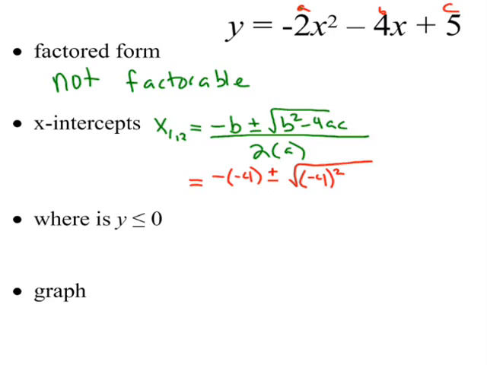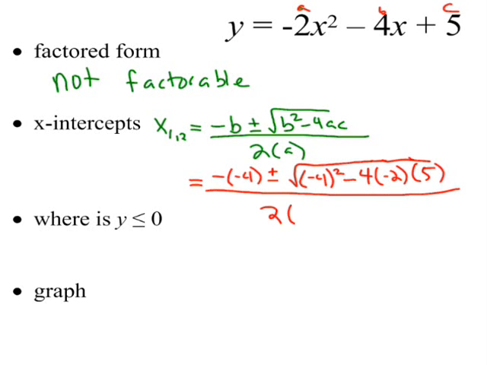Please, please make sure you're being very careful. You are squaring your negative, so in your calculator you need to put parentheses here or you will get it wrong. Then minus 4, a is negative, and c is positive 5, all over 2 times a, which is negative 2. All right, and then let's just simplify this. So negative negative 4 is positive 4, plus or minus the square root of 16, plus 4 times 2 times 5 would be 40,